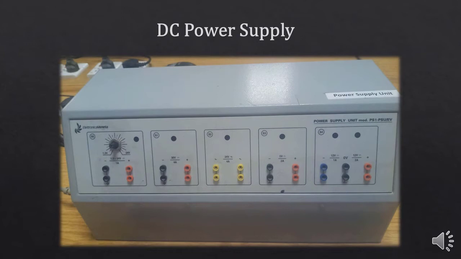This is a 30 volt power supply that we are going to use with our DC motor and the G36A module. Here there is a 12 volt power supply. Here is a fixed 5 volt power supply. Here is a 24 volt AC supply, and this is a 30 volt DC supply. From here you can generate variable voltage from 1.3 volt to 24 volt.